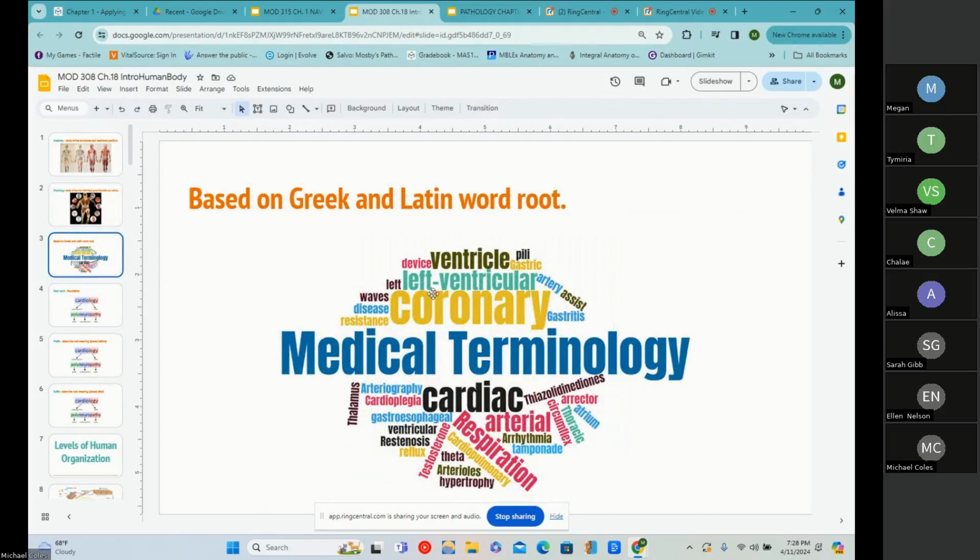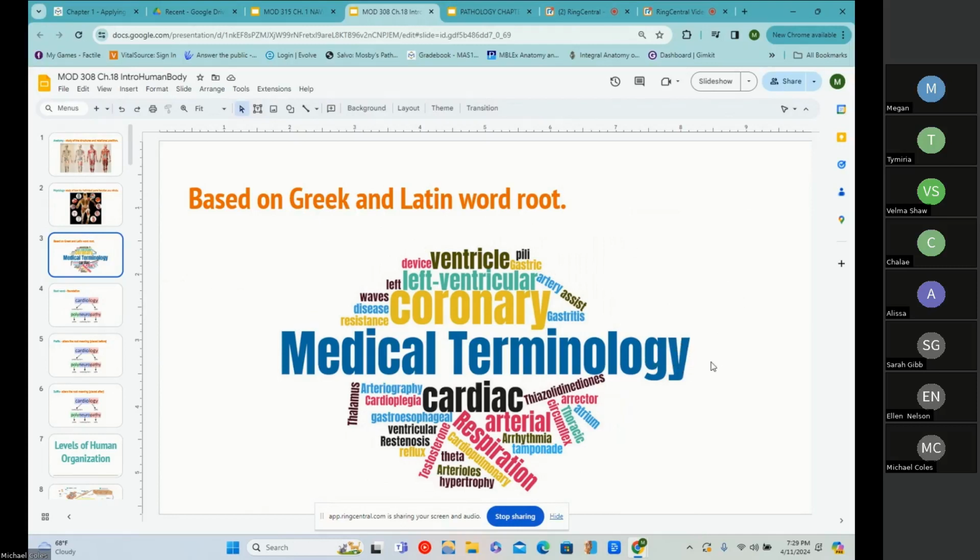So in order to really break down and make the naming of the body parts not gibberish, putting it more into colloquial language is going to be easier. So looking up the etymology or the breakdown of how the words are put together and where they come from, most of them are based from a Greek or Latin word root that can then be translated into modern day English. But of course, to make it easier, everybody uses the Greek and Latin